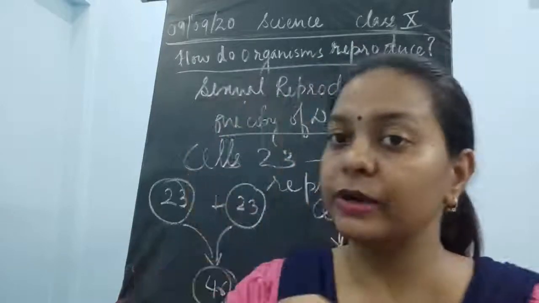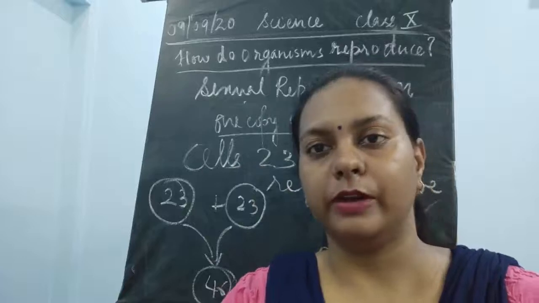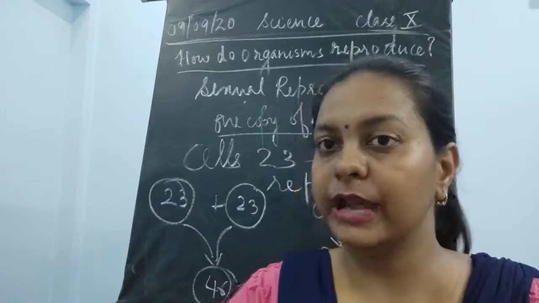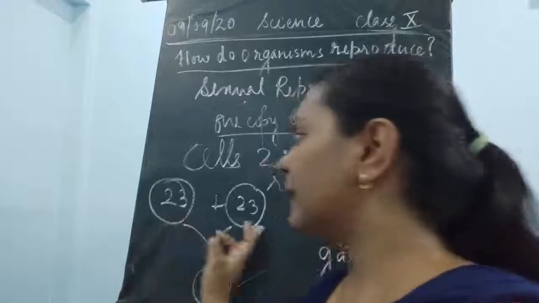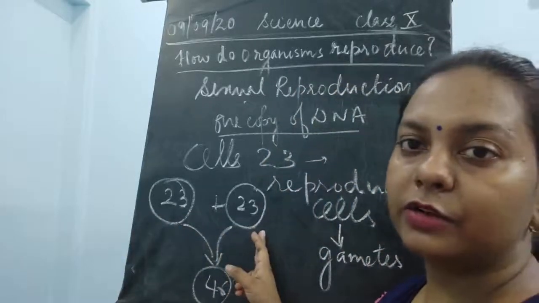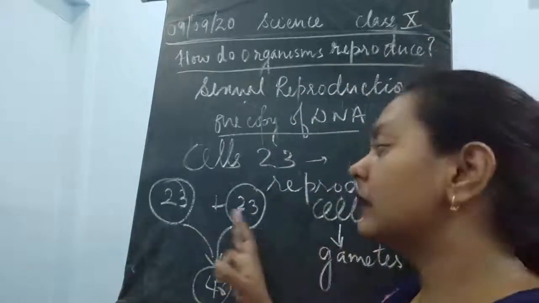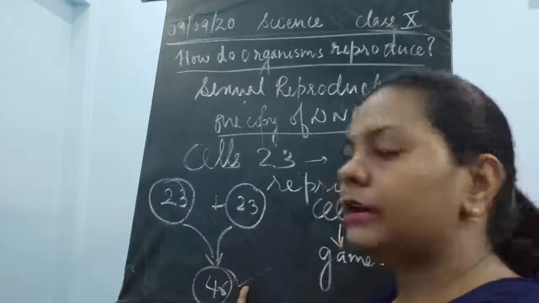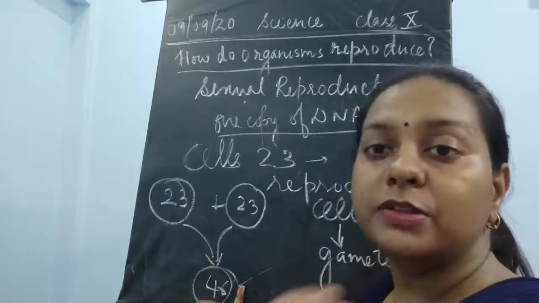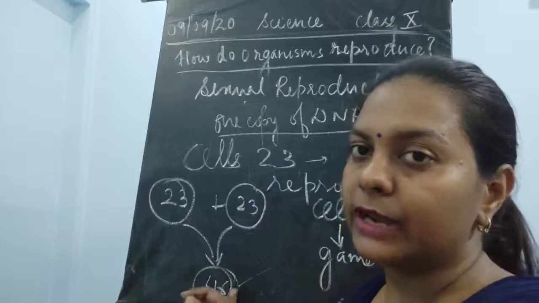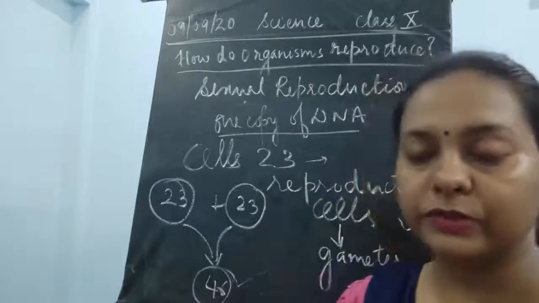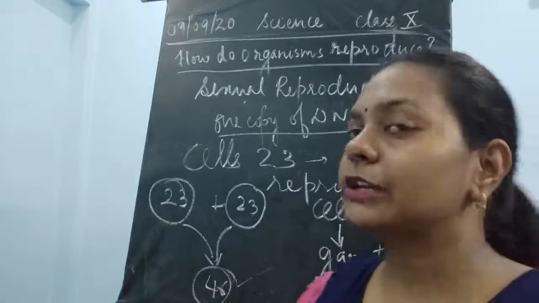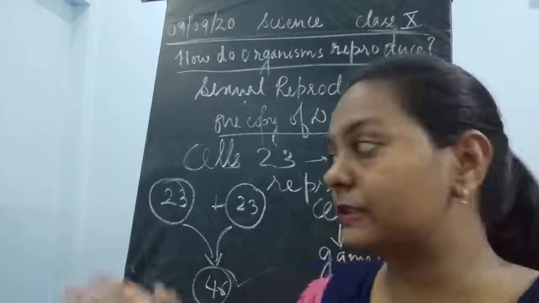when some cells have an incomplete copy of DNA. And how incomplete should it be? It should have only 23 chromosomes. The other half, the next 23 chromosomes, would come from another individual. Then when they combine, they form a new individual with 46 chromosomes, and that would be a normal human being. Okay, so this was the introduction to the sexual mode of reproduction and how it happens.